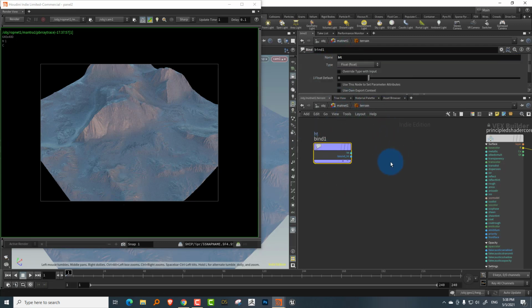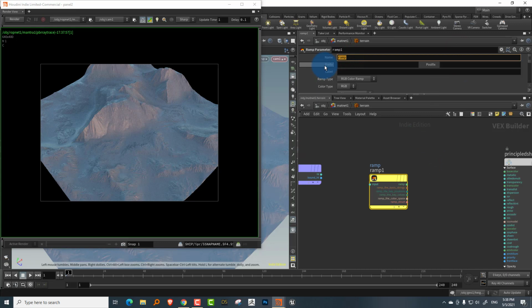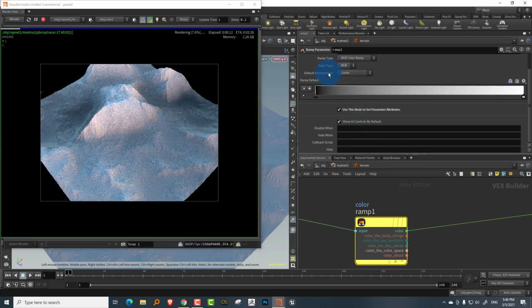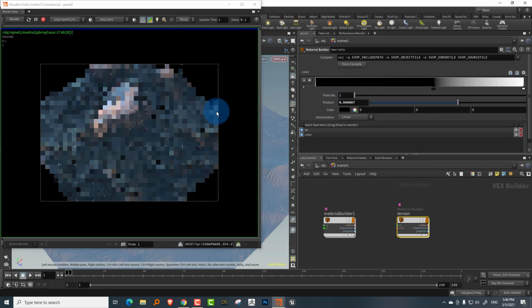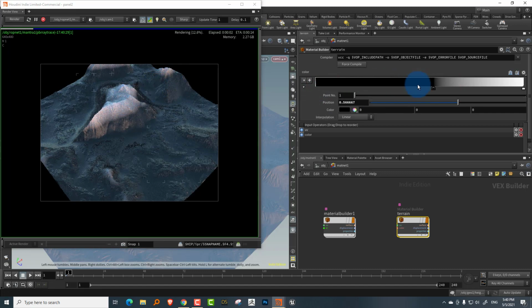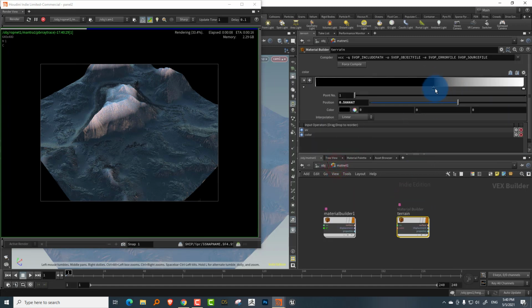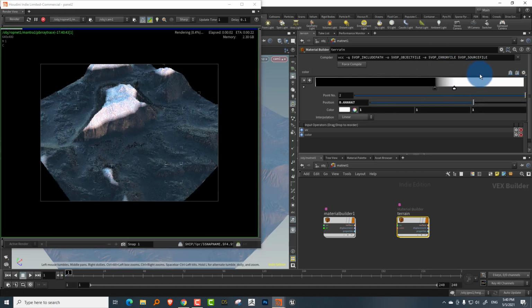So let's say HD, and I'll take a ramp parameter and call it color, connect in the input and plug that over there. The only issue you end up facing is that because this is a parameter node, if you want to make any changes, you have to come up to the material net and make the changes. Let's say I want to use this as a mask to create snow on top of my hills, you have to do that here. You can't do it inside at this level. But anyways, this is your basic level control for how to bring in an attribute and then adjust it.